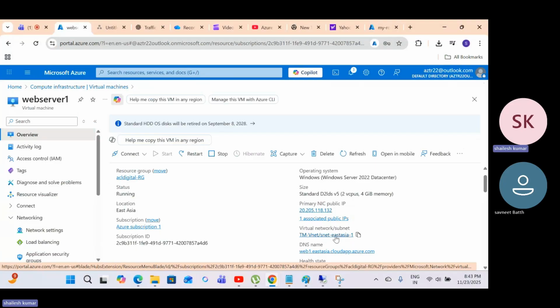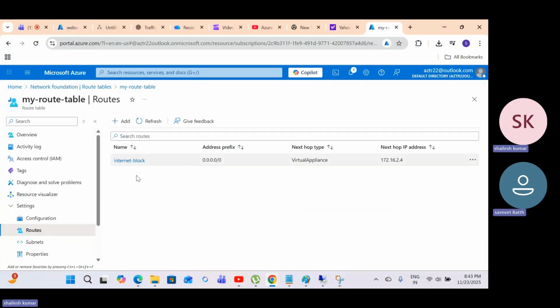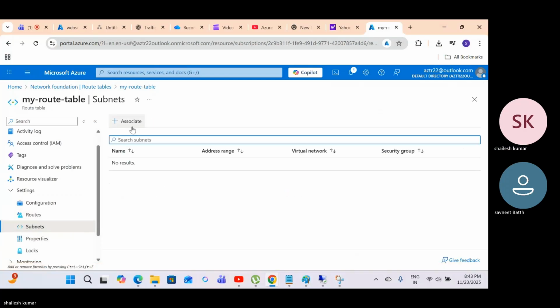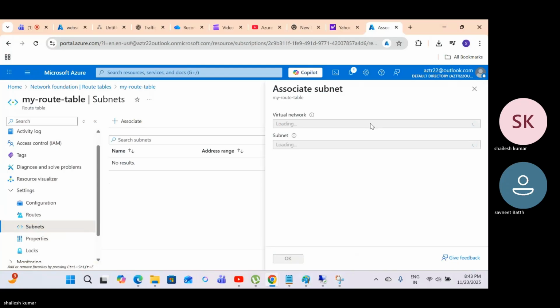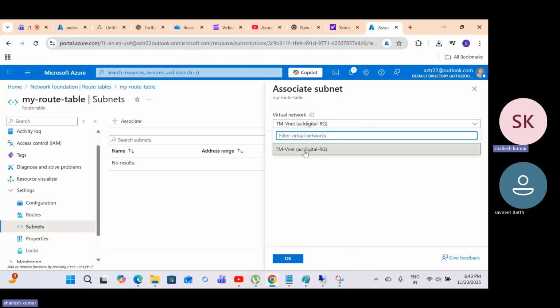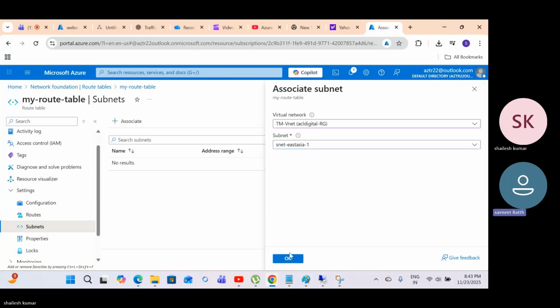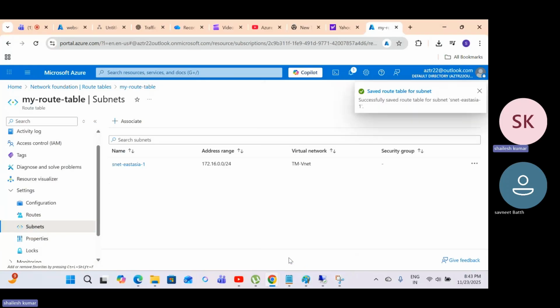SNet Asia 1. So go to here. This is your route table. Then go to subnet, associate, select your network TM VNet, select your subnet SNet Asia 1. Click OK. Once you associate your route table with the subnet, then after that all your traffic goes to the firewall,